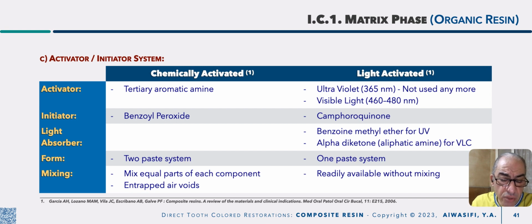With the initiator camphoquinone, you have to add a light absorber to speed up the reaction, okay, to get exposed in only 20 seconds, not in 20 minutes, okay. Benzoyl methyl ether is for ultraviolet, which is nowadays no longer used because we no longer use ultraviolet, okay. Alpha diketone, which is an aliphatic amine, is for visible light cured, comes in one base system, and the material is readily